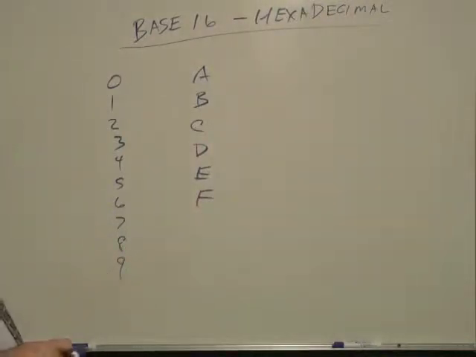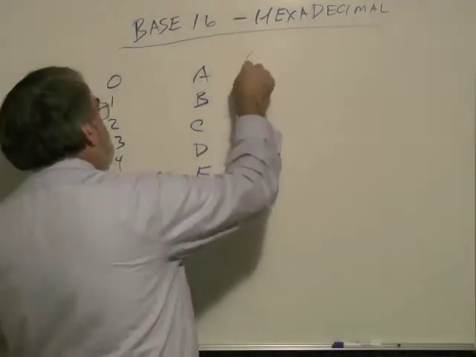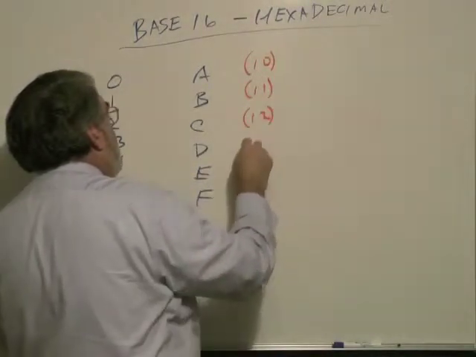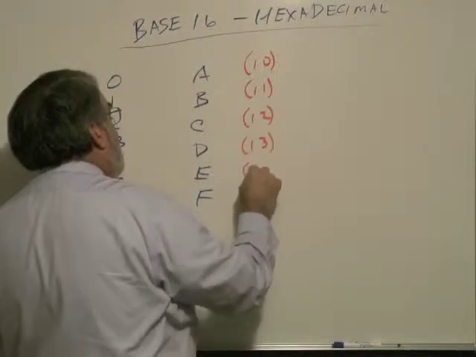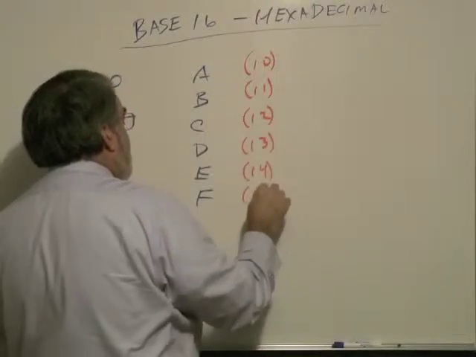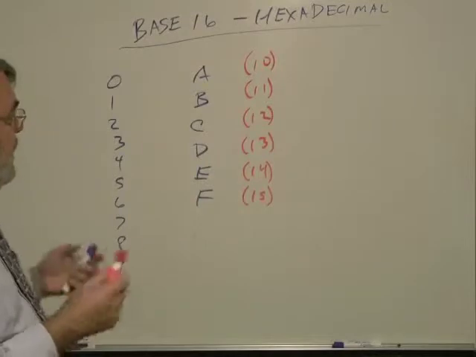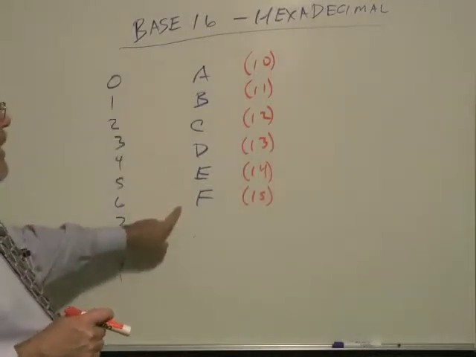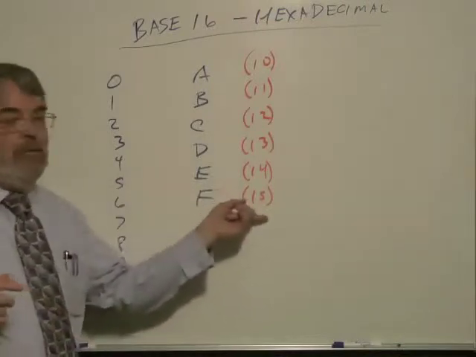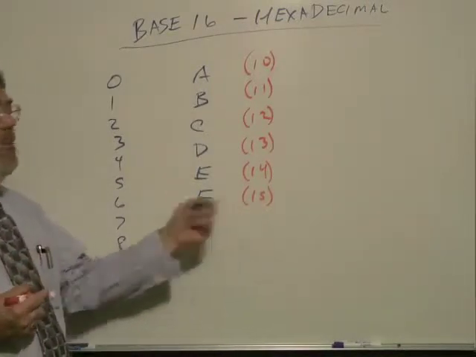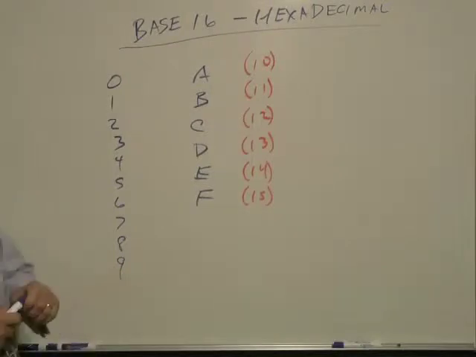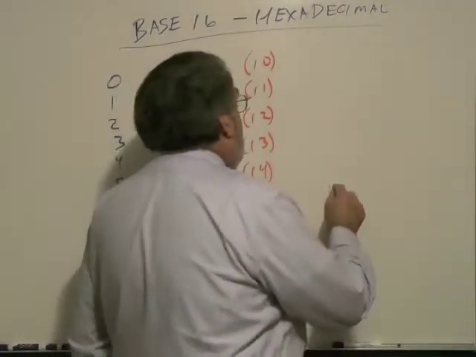And so A is 10, B is 11, C is 12, D is 13, E is 14, and F is 15. So the common thing to do with base 16 is to substitute the first letters of the alphabet up through our ordinary number 15. So that means that in computer code or printouts, you could see numbers